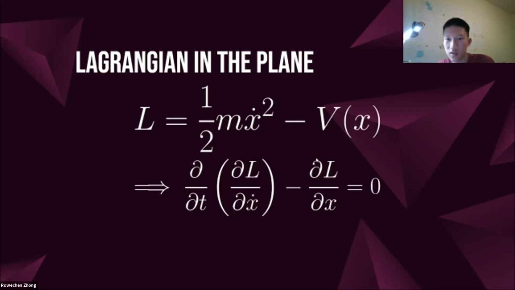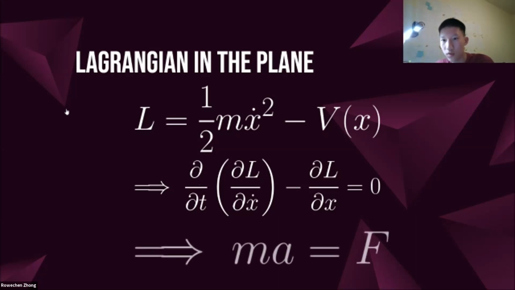And over here, what's this? Derivative of the Lagrangian with respect to x dot. There's no x dot on this side. There is an x dot on this side if you know calculus. The derivative of 1/2 m x dot squared is equal to m x dot. m x dot, that's mass times velocity. Okay, so that's momentum. And take the derivative of momentum with respect to time, you get mass times acceleration. So this is just our old friend F equals ma, expressed in Lagrangian mechanics.